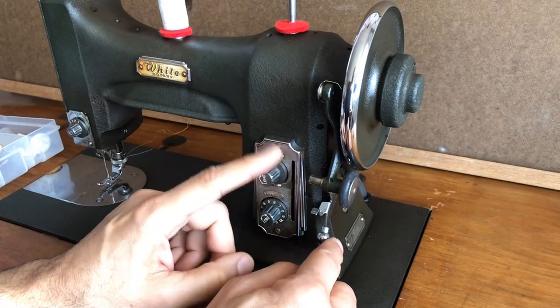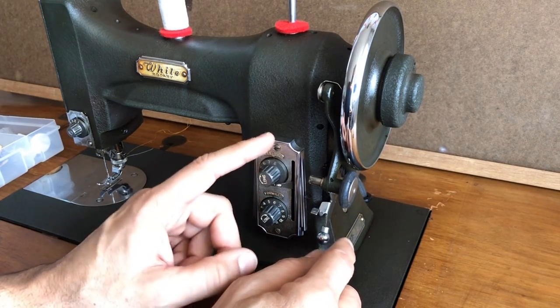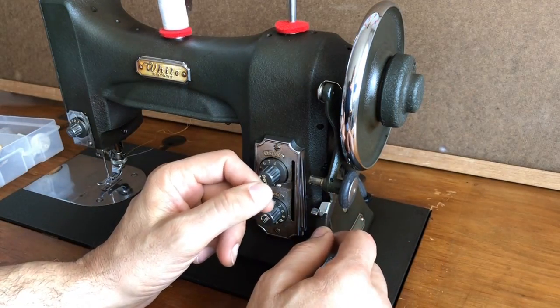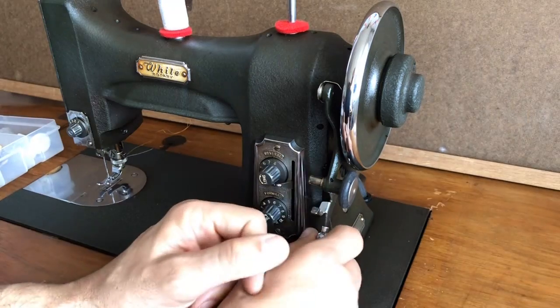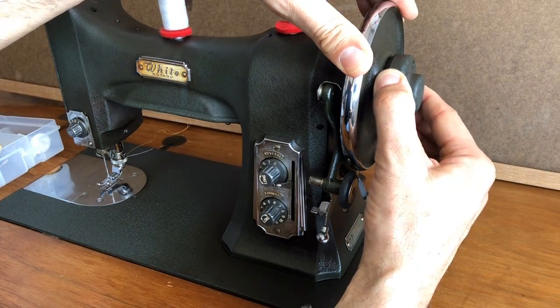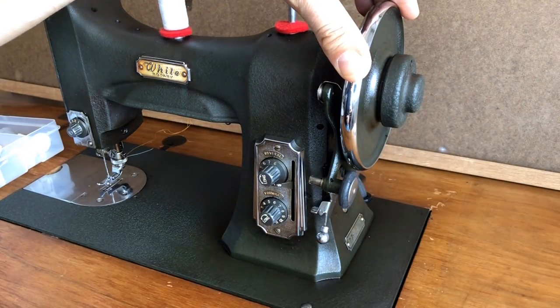If you don't know much about sewing machines, or maybe you do know a lot about sewing but this is a new model to you, ask the seller if they know how. And if there's a manual, open the manual, it'll show you. And of course, you're going to loosen your clutch knob toward you, and then you are going to,